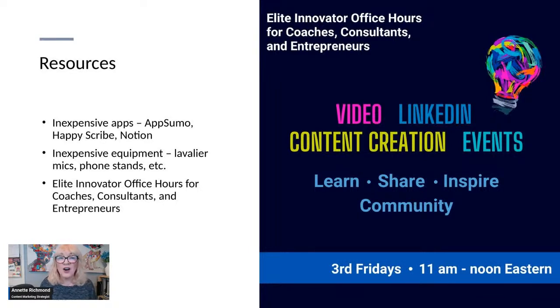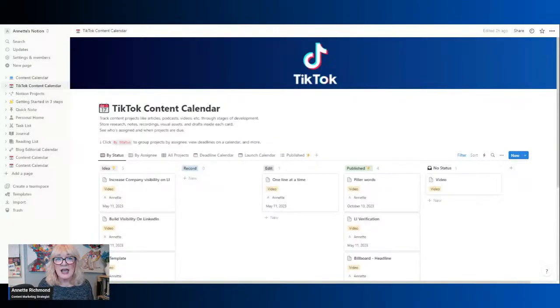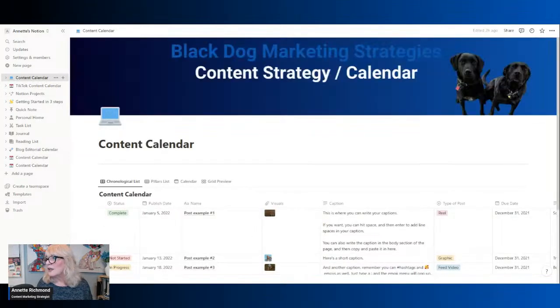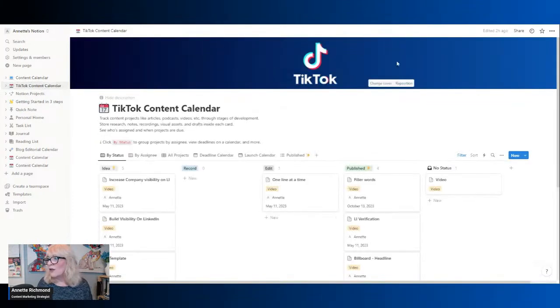Okay, those are the slides that I have. I want to just take you over to my desktop before I share some of these resources. This is what I use. This is Notion, and this is my main content calendar here. But the videos, I keep them all on here.